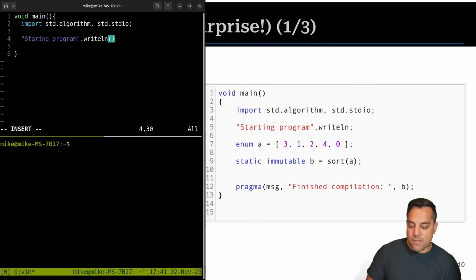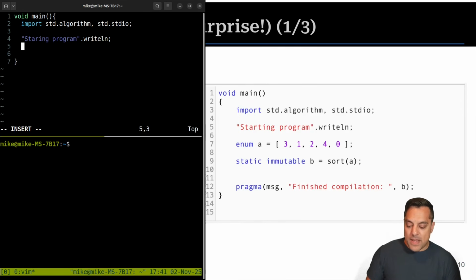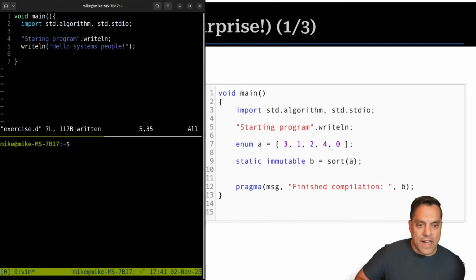Looks like things are a little bit backwards and there's no parentheses. I can omit those if there are no arguments. That's kind of nice. Maybe it bothers you. Maybe you're wondering if that's a variable or not. But I actually like this when we start chaining things together, which we'll talk about here. But this is one strategy. And if it makes you more comfortable, we can also just write this as hello systems people, something like that here. That's how you could write the function quote unquote normally, let's say.